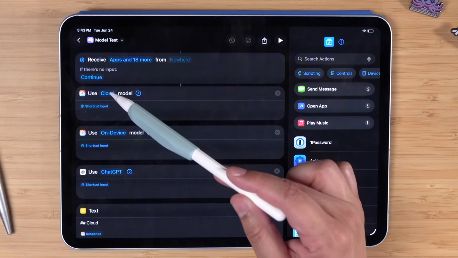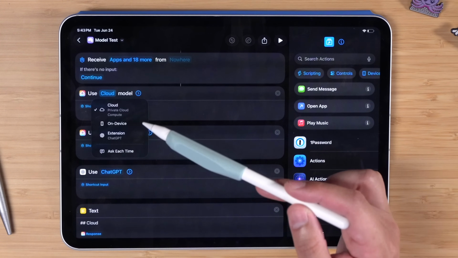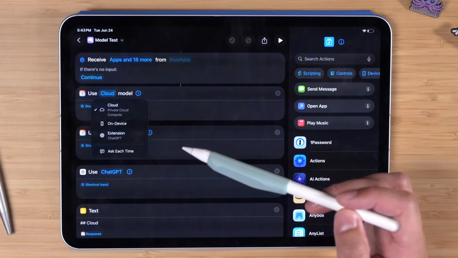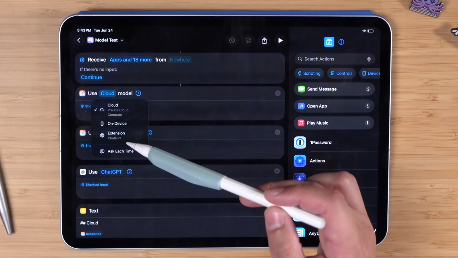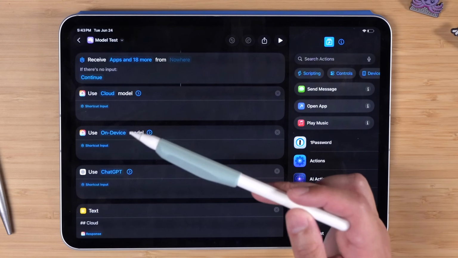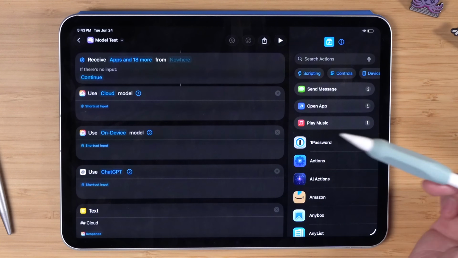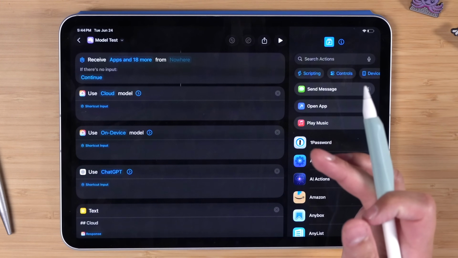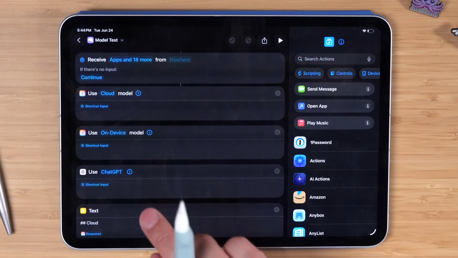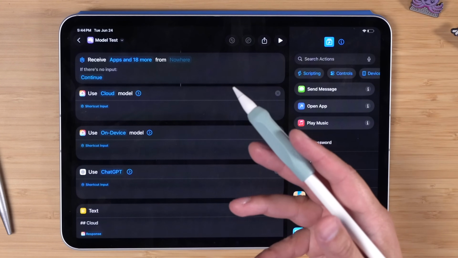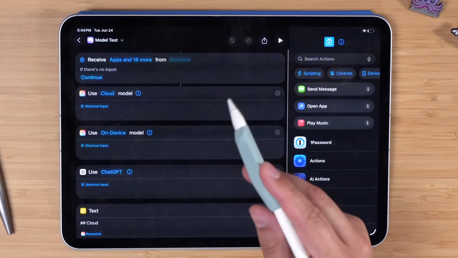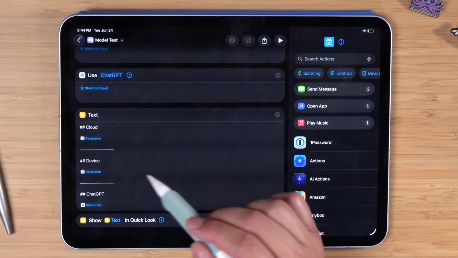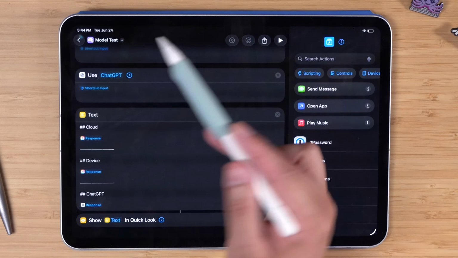But this action right here allows you to choose between Apple's cloud or private cloud compute AI model, its on-device LLM, or you can even use the ChatGPT extension. But this works way more consistently than using the ChatGPT app and then the ChatGPT action in a shortcut. I've been using a bunch of these recently, and I can say this is way more reliable. And so this is actually a shortcut that I created that helps you compare what each model will give you as an output. Then it'll show each model's output in Quick Look, and you can see which model might work